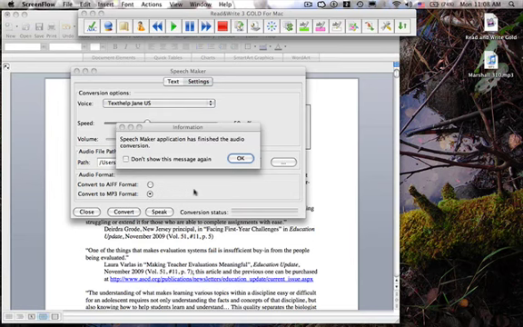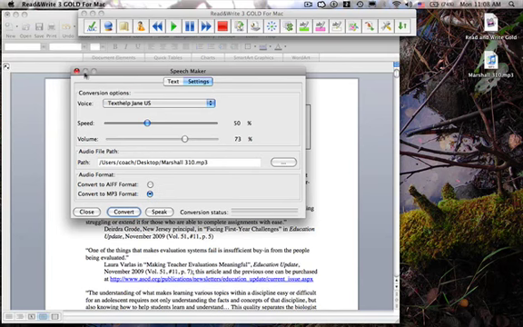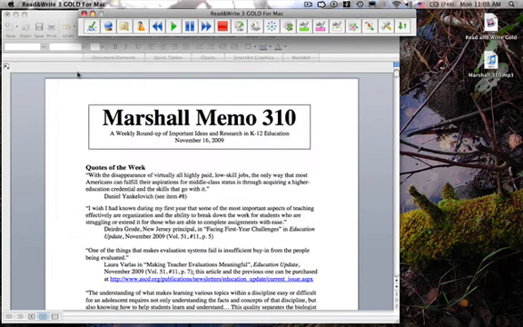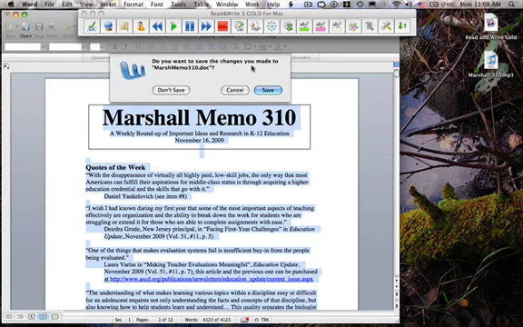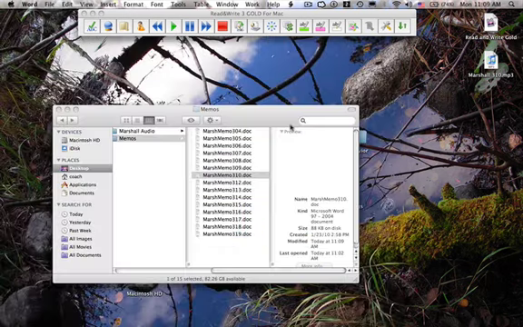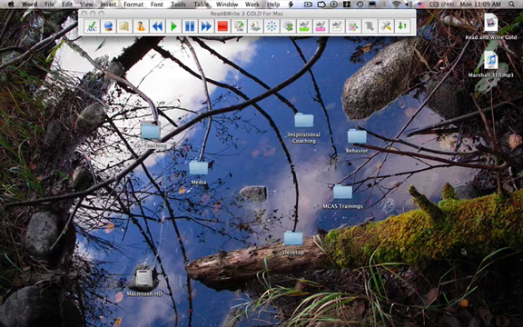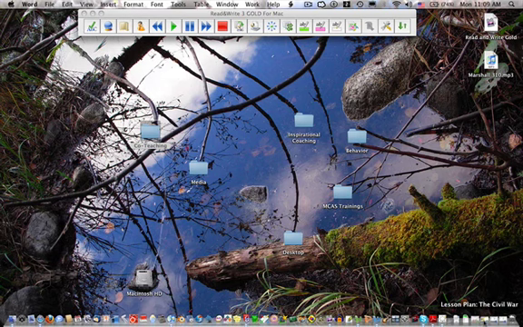And here we go at the conclusion of the audio conversion. I'm going to say OK to that. I'm going to close SpeechMaker down, and then I'm going to also close down Marshall Memo 310. It'll ask me if I want to save the changes. I will say yes. And I'll just minimize my window